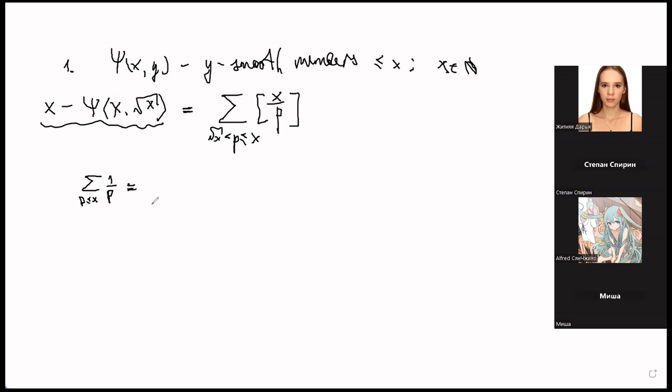Logarithm of x. The logarithm will be what we get if we sum all natural numbers less than x. Yes, this will be logarithm of x plus smaller terms. And here we have a double logarithm. Remember from the previous seminar, we proved that such a sum is